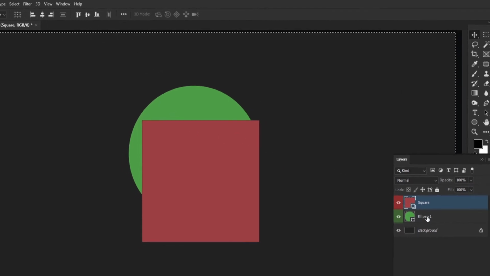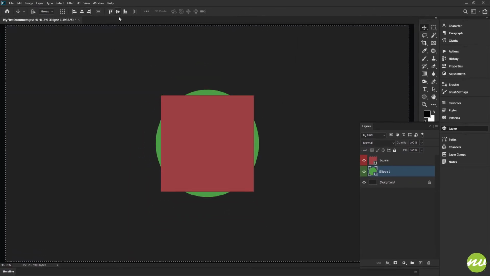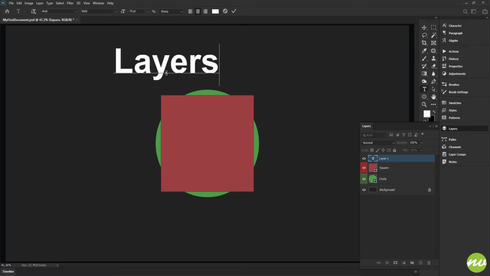And we'll select our circle and do the same thing. And hold Control and tap the D key on your keyboard to deselect it. And let's double click on ellipse right here and name it circle and press enter. So now we have our shapes and they're shape layers, okay? So if I went here and added a text, let's say white, and let's say layers, and